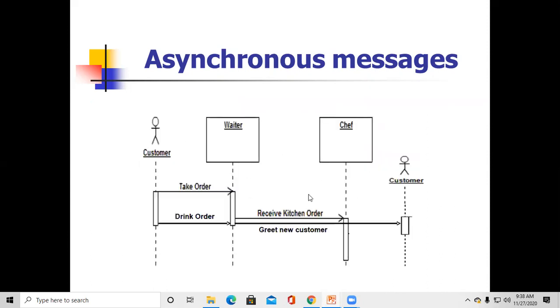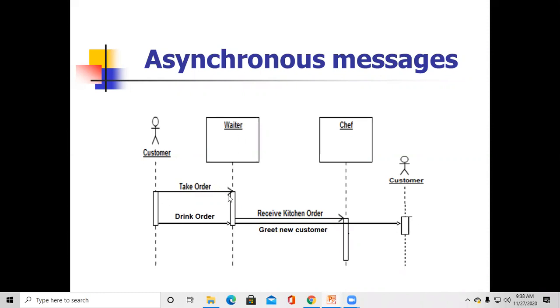Then here you can see the example for an asynchronous message. One customer is there, and one of the objects is the waiter, and another object is the chef. See this vertical dashed line is the lifeline, then the activation bar. Here the customer gives the order to the waiter, that is take order.